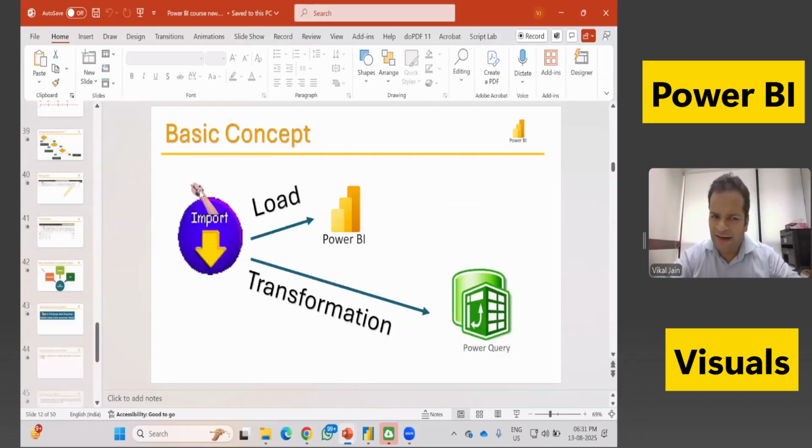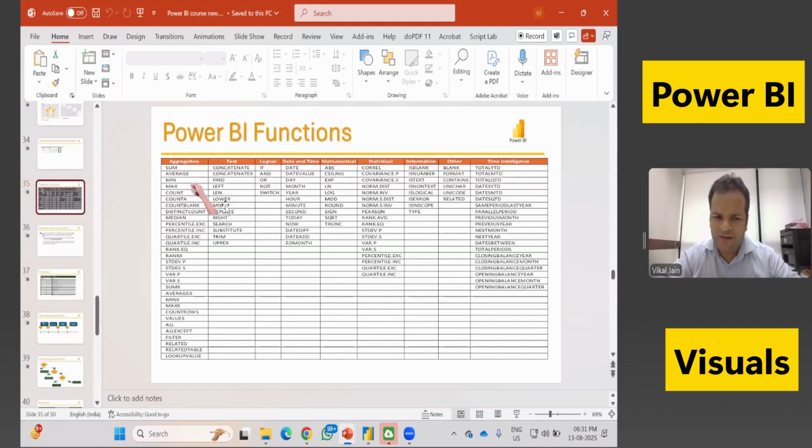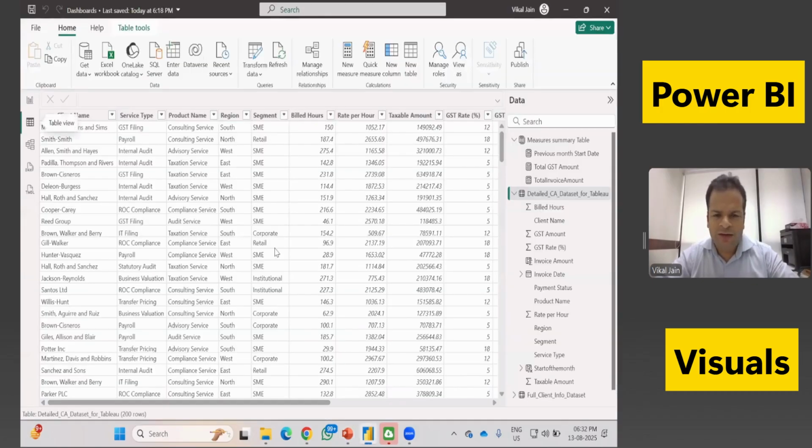Here in the DAX we have some, like average, min, count. All functions are already available in Excel, the same thing. Here we have IF, AND, OR, and ABS, again the same thing. But these are the functions which are not in your Excel: total YTD, total MTD, which we need to calculate using a pivot table or EOMONTH. So a variety of tools we need to use in that. So that's how we can deal with this